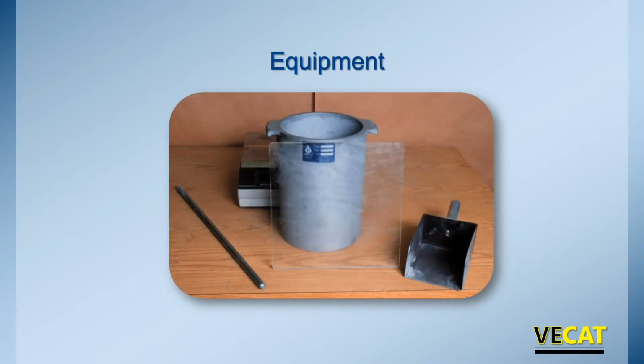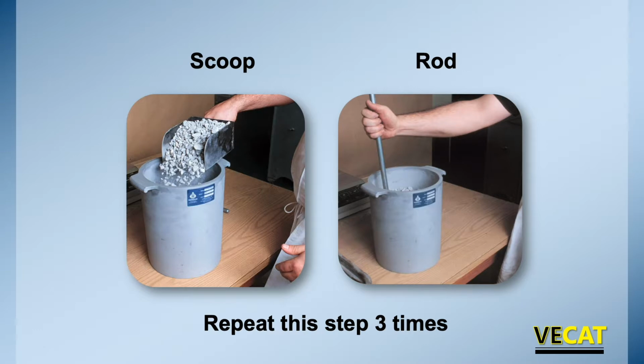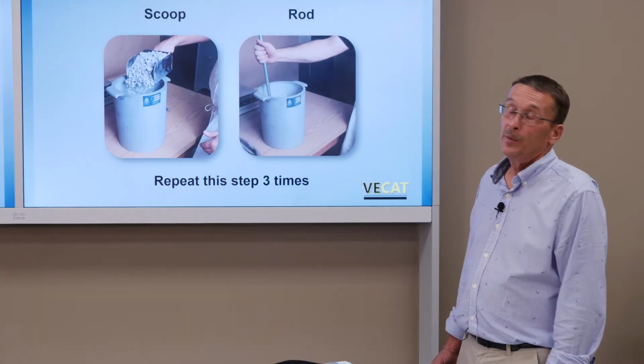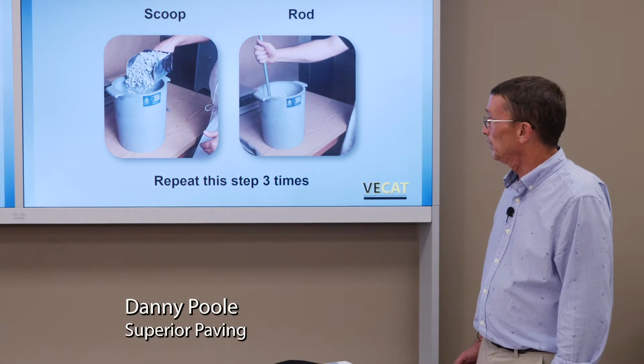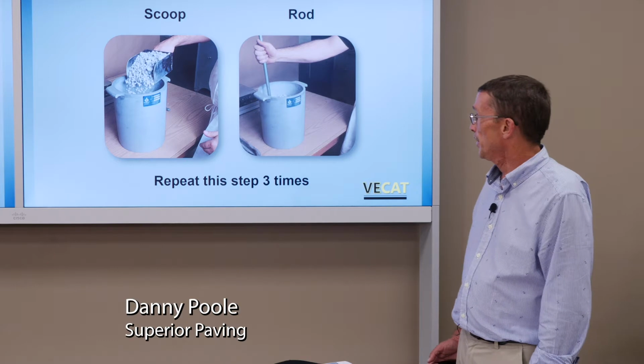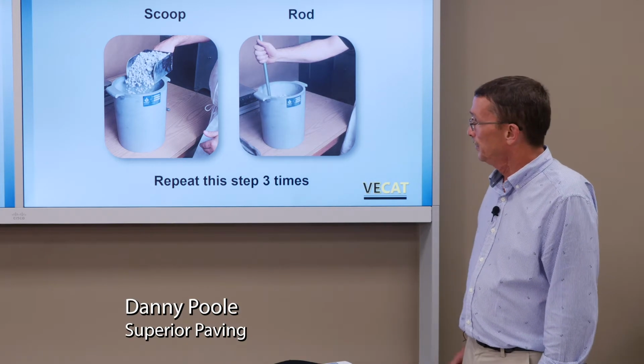The next few slides are going to be pictures of the equipment needed when you are determining the voids in a coarse aggregate during a dry rodded condition. So you will need your calibrated measure with a scoop, with a rod. So you have your blended coarse aggregate, whether it's 2 coarse aggregates or 3. All the material that's sieved over the breakpoint sieve, and you're going to introduce enough aggregate to fill 1/3